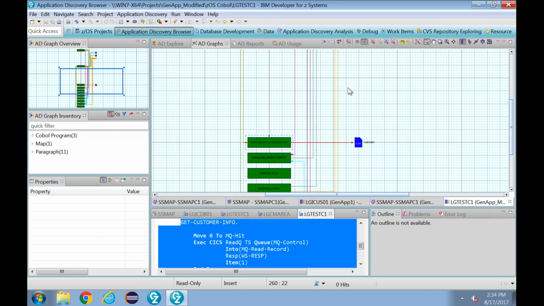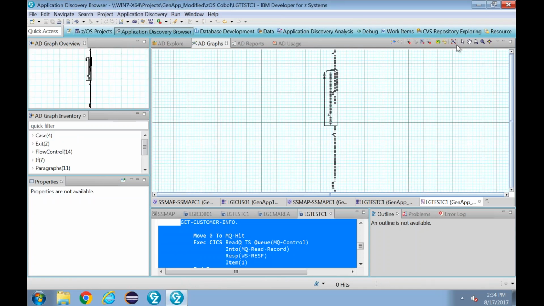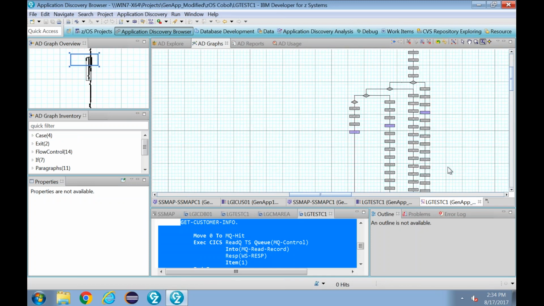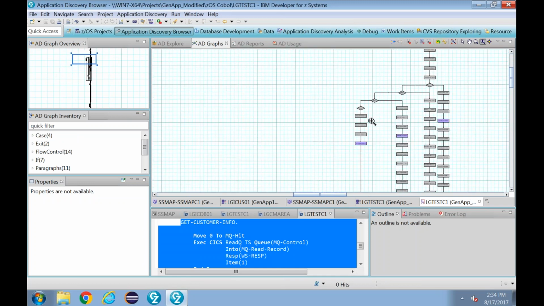With the program flow graphs, and also with the program flow chart, what you see on the screen is the actual flow chart of the program. You can identify portions of the code that probably need to be refactored into another program and then exposed as an API.